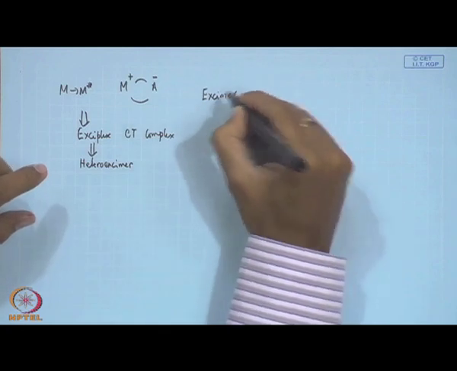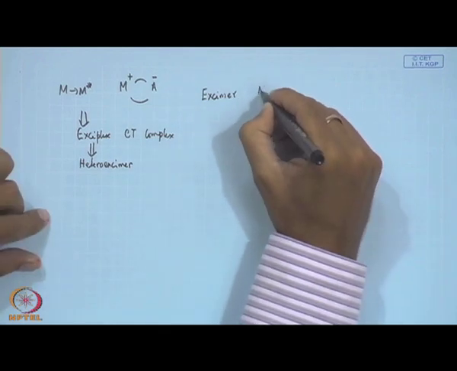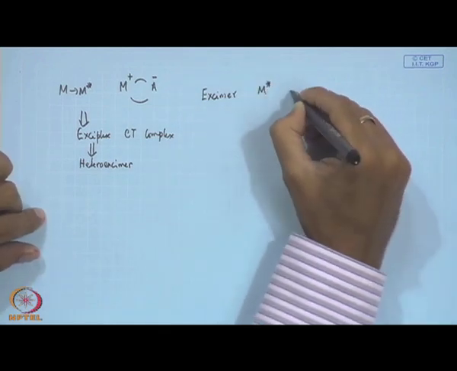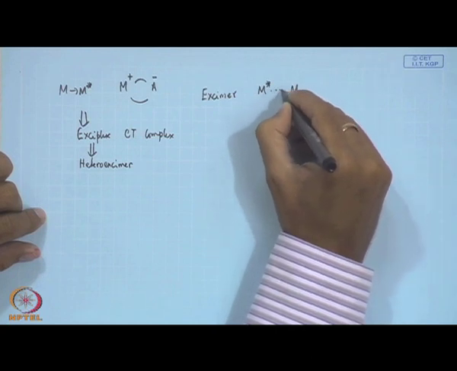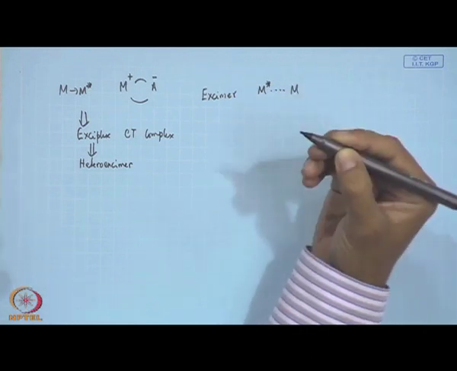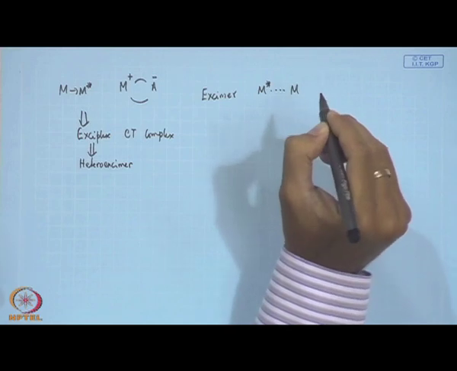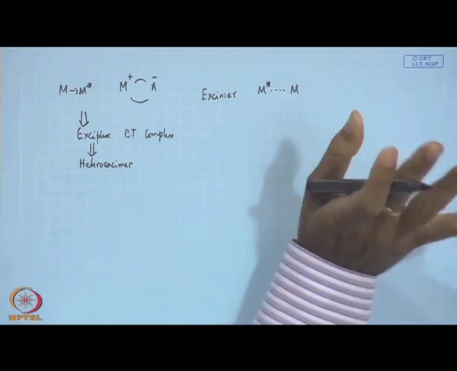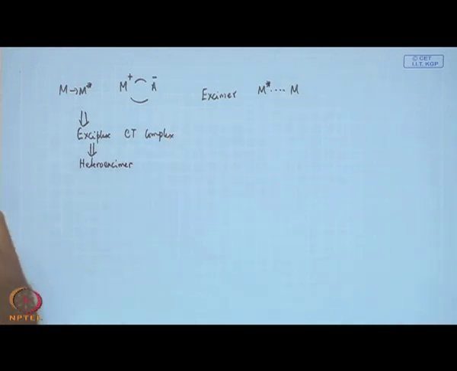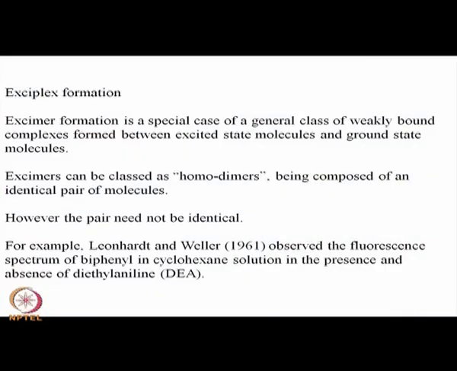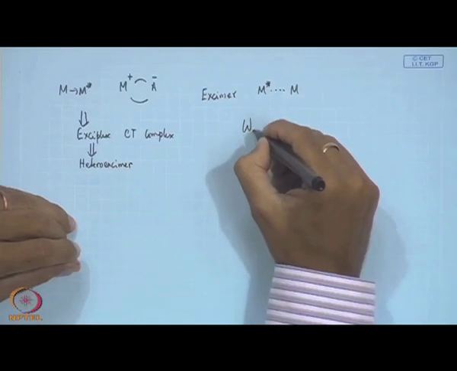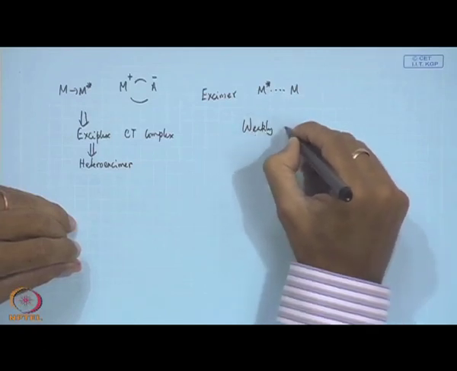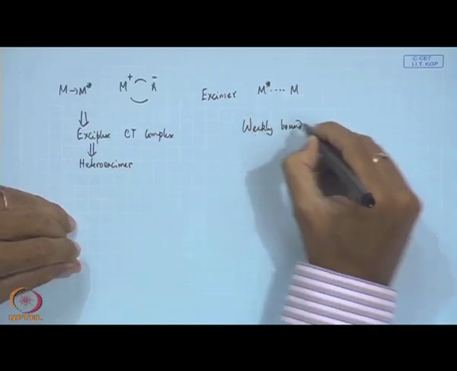So, in the case of an excimer, you have M star and M, and they will form some weak interaction complex in the excited state, although in the ground state nothing is happening. So, these are all weakly bound complexes. The characteristics will be weakly bound complexes,